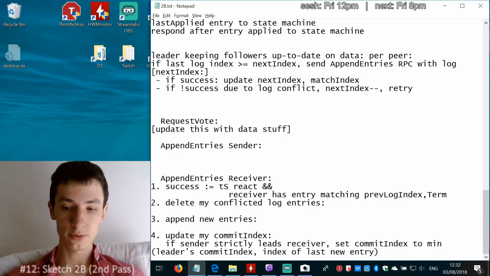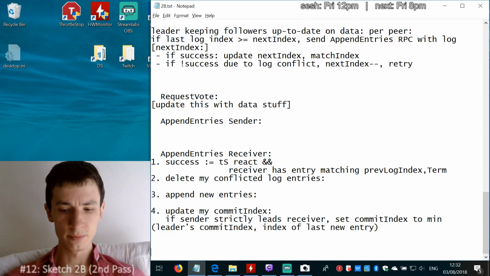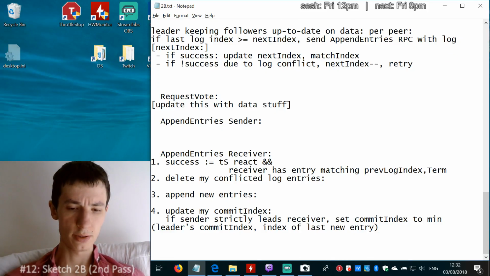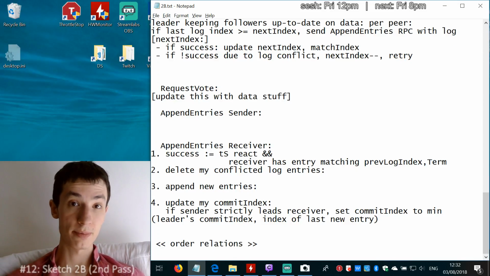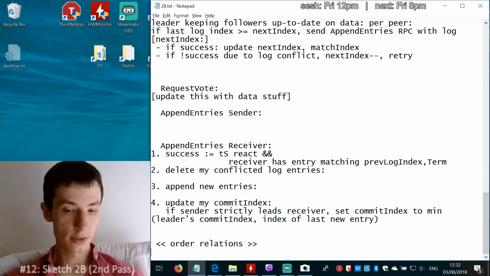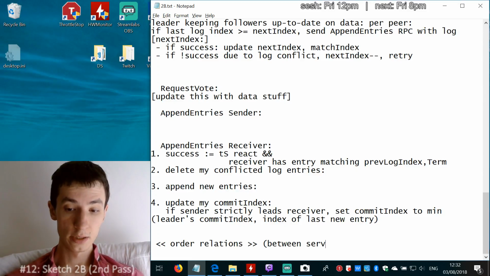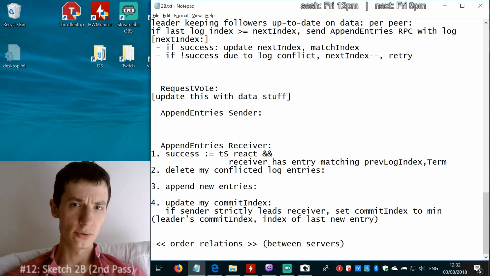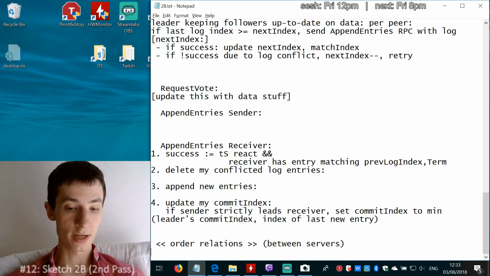So we have two order relations. I'll just write them down here in a quick bit of scrap notes so that we can be clear on what they are. So, order relations between servers. An order relation in maths is like less than or equal to, and that's an order relation between numbers. And so I've defined a couple of order relations between servers, namely, servers A and B. A dominates B